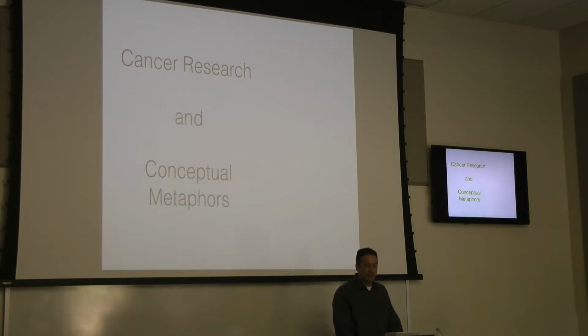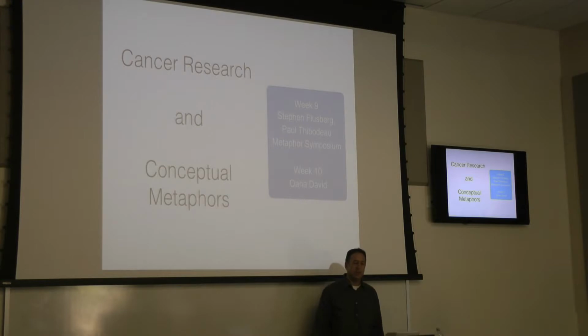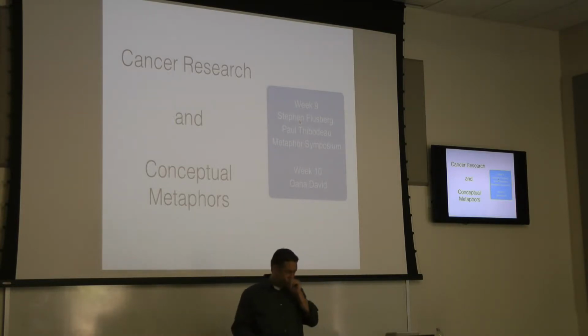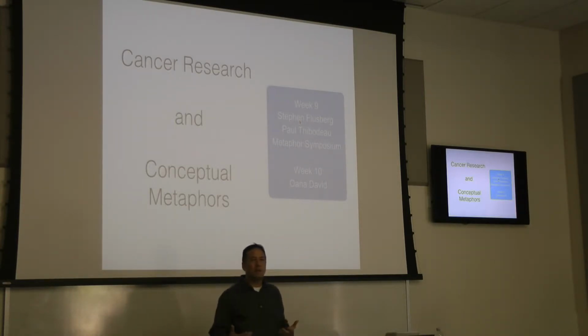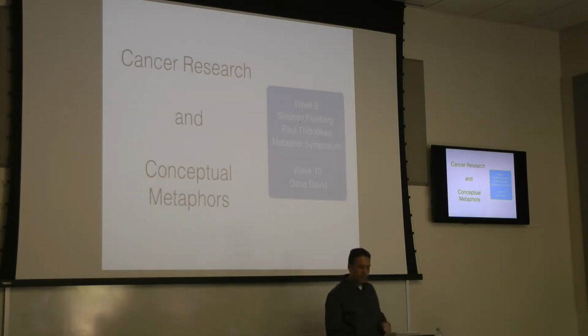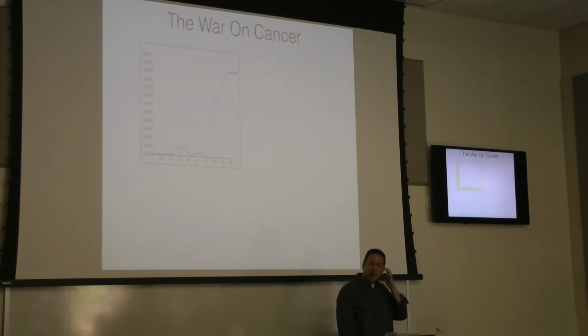It's very interesting stuff. And as I've been researching this, the history and then the metaphor theory are coming together in quite a few interesting ways. And we're going to have a few people talking about this over the course of the semester. So the metaphor for the Common Good Symposium I mentioned in week 9 with Flussberg and Thibodeau and Tini. And then in week 10, Wanda's going to be talking to us about data mining large corpuses to look at how various cancer metaphors are used differently by different groups. So very interesting stuff. All right, so I'm going to focus on bellicose, belligerent, violent metaphors for cancer.